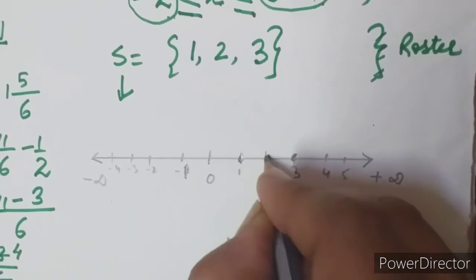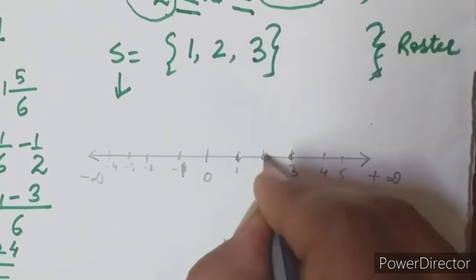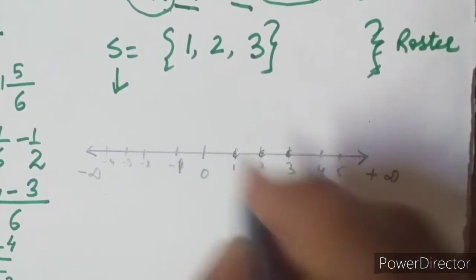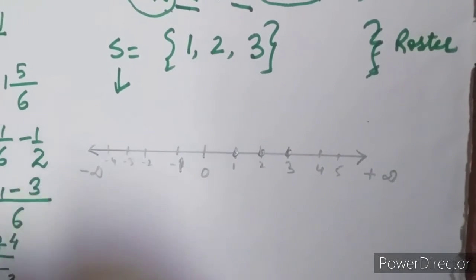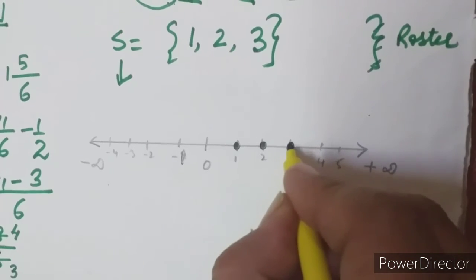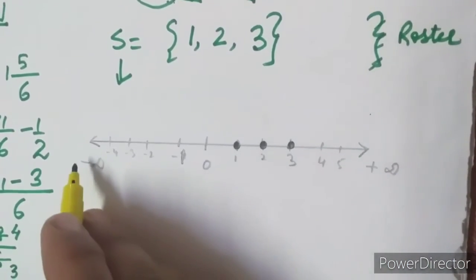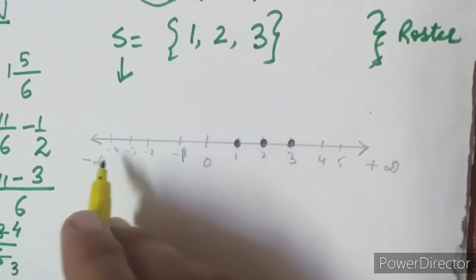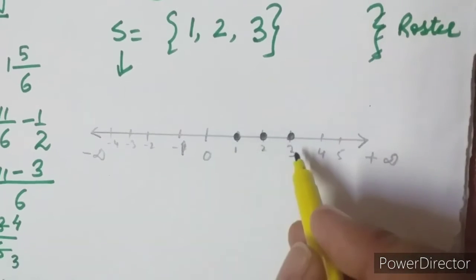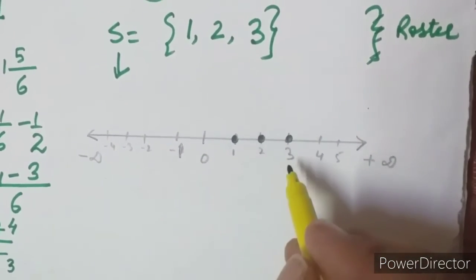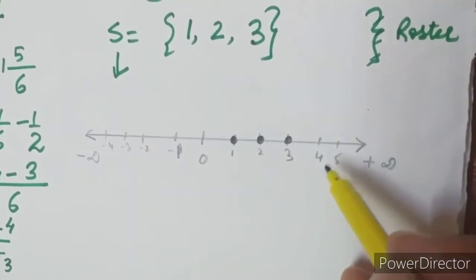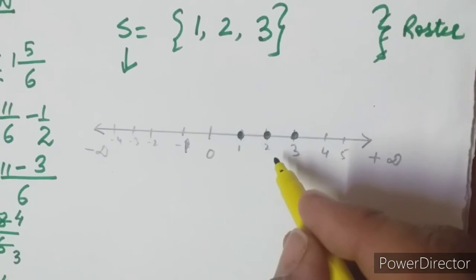I have darkened these complete circles I have drawn on these points, which we wanted to show on the number line. You may make them more dark, so that they are clearly seen like this. The other part of the number line is not that dark, but our solution should be clearly darkened like this. So this gives you the complete answer of representing a solution on the number line when x belongs to natural numbers.